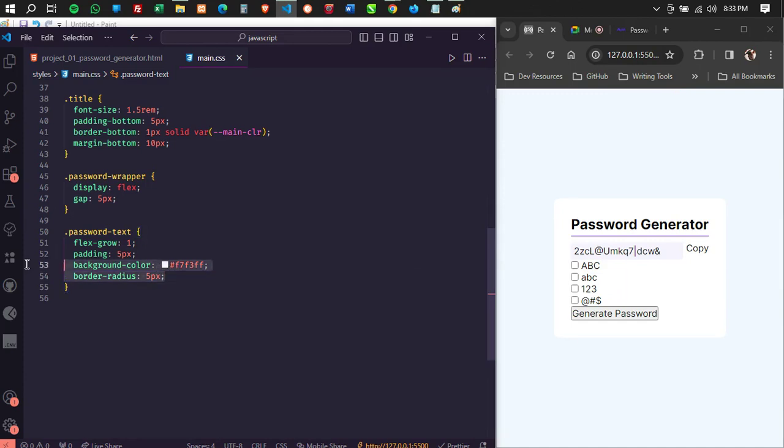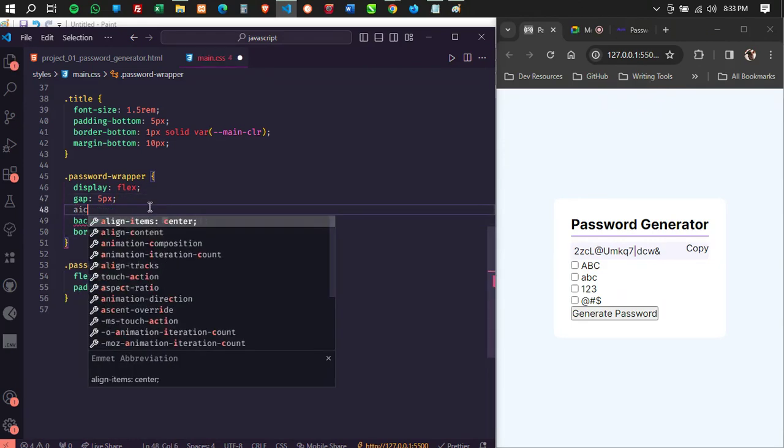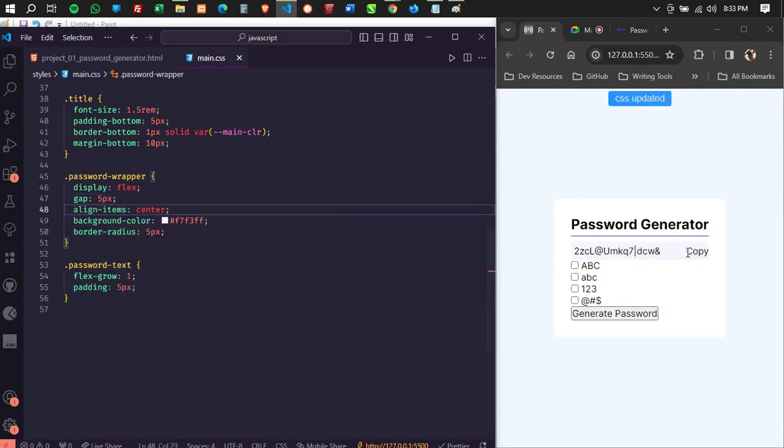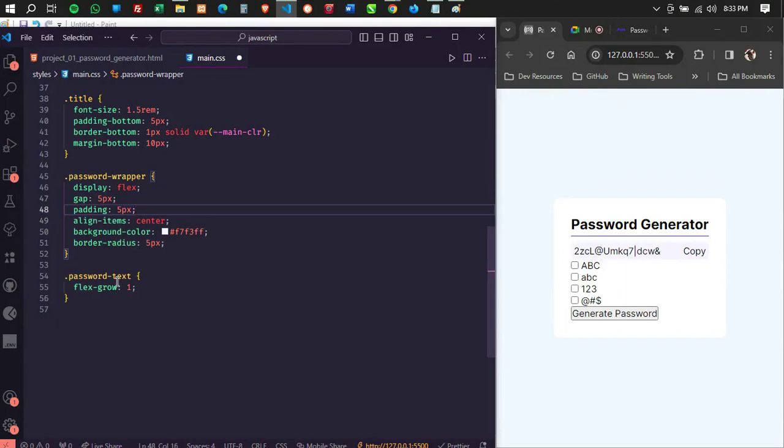Sorry, let me give these properties to the password wrapper instead. All right, so we have that. Then I could say align items center, so this can also happen. And then the padding which I give should also be for the password wrapper, and I think this doesn't look bad, right? Then I'll just come back and say that copy button,